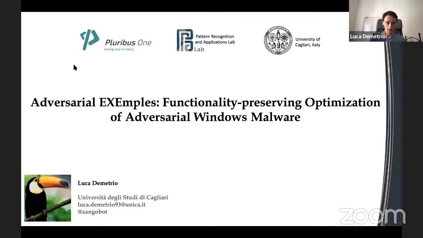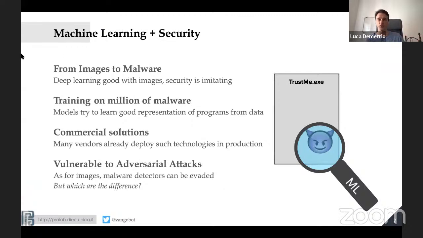Just to give you the context, we are talking about taking machine learning technologies and applying them to the security domain. That's the trend that has been seen in the past for images, where they understood that deep learning is very useful for taming very difficult problems like image detection.